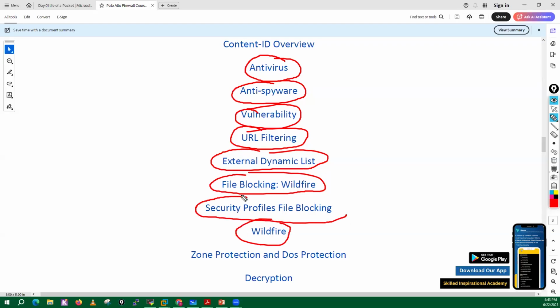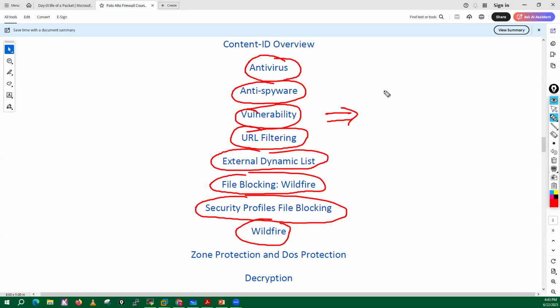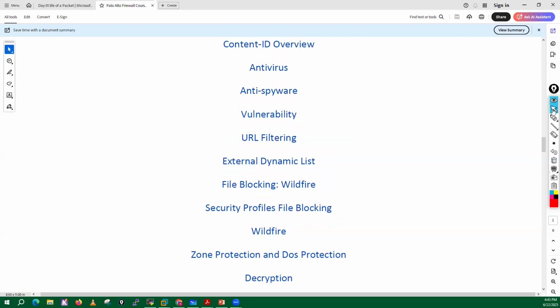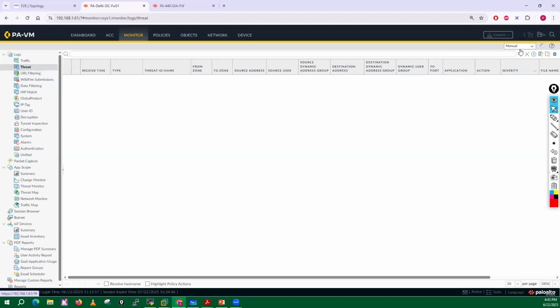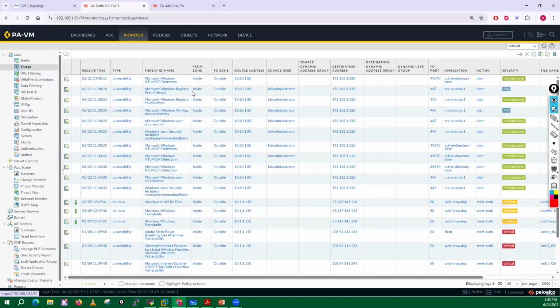Then security profile groups, and for most of those particular topics, I will try to download the actual malicious payload, like actual malware, actual virus code from the internet or from my Kali Linux machine, and I will show you how my firewall is protecting us. Let me just see if I have anything here. But those are the tests which I have done. Like I have downloaded all those types of malicious files.